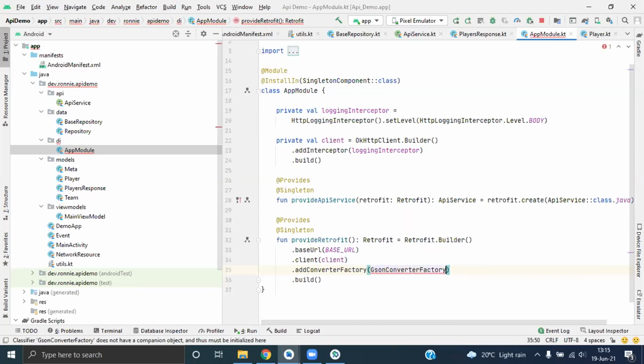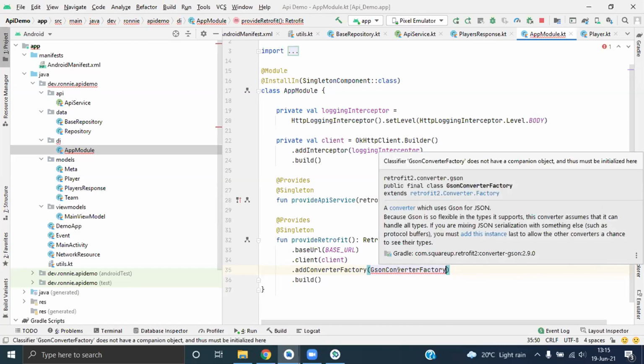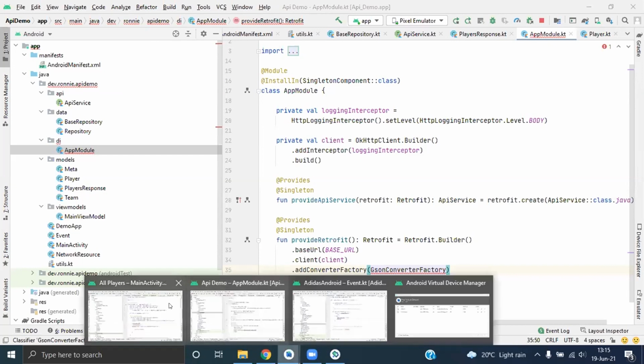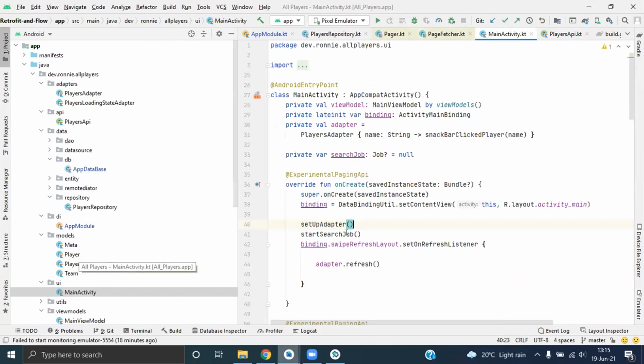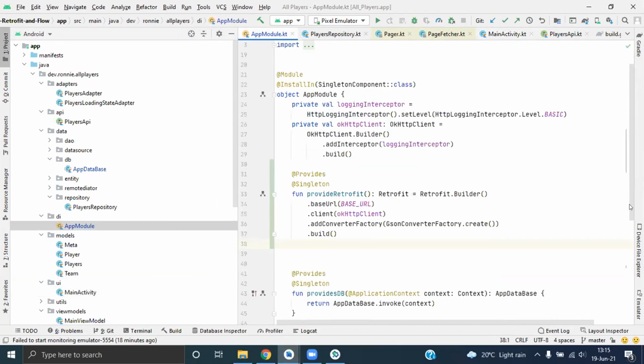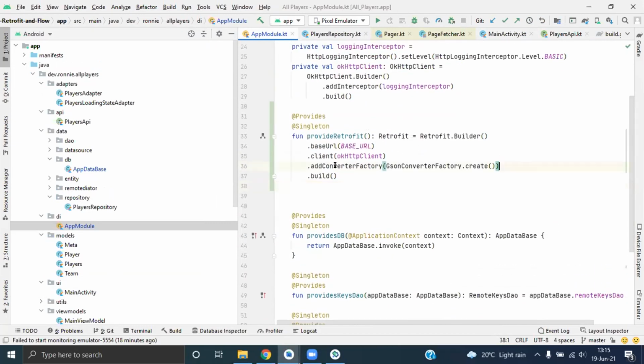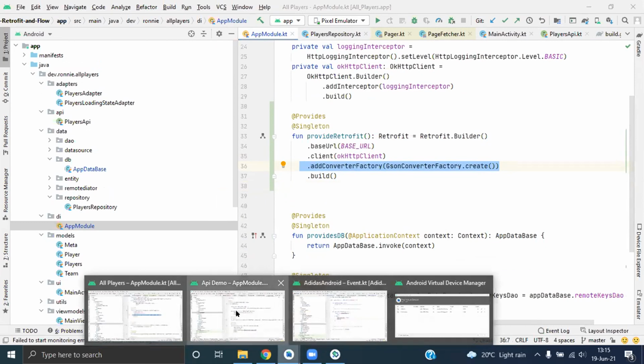They mostly just copy it. Why is it not working? Let me just copy it. Let's go to DI. Where's DI? Yeah, with the Retrofit setup, I also just copy. Man, this is kind of weird.